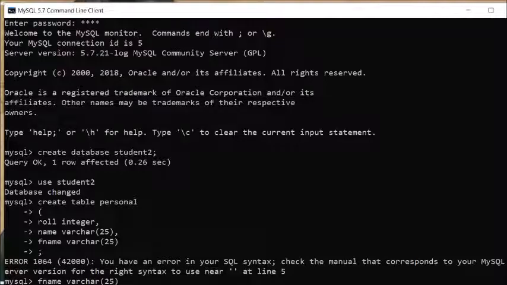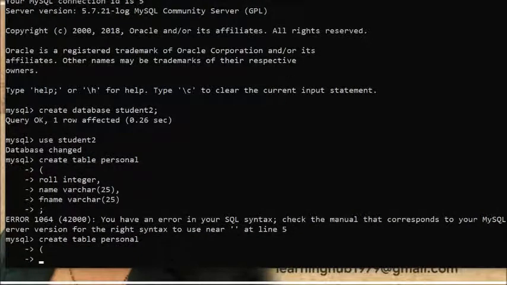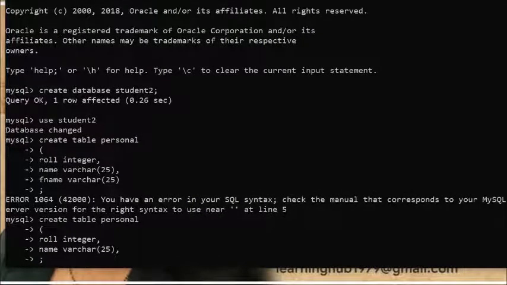You can use the top arrow key and go to the previous command. See, I am pressing the top arrow key. So you can go to the topmost command. Now I am pressing the bottom arrow key. See, one. Now create table. This is the command. Press enter. After that, just drag it. Again press enter, bottom arrow key, press enter, bottom arrow key, press enter, bottom arrow key, up arrow key and press enter.